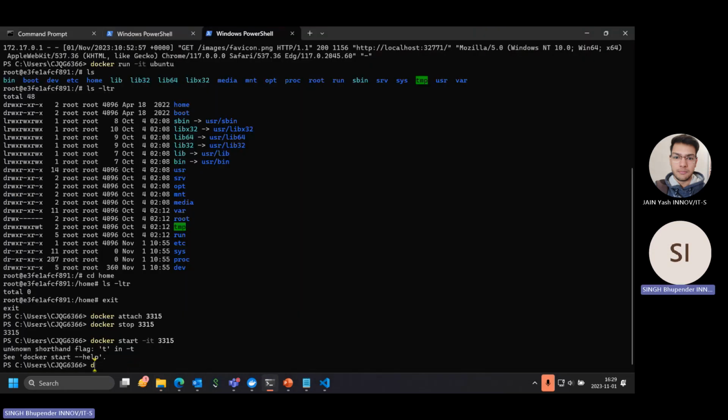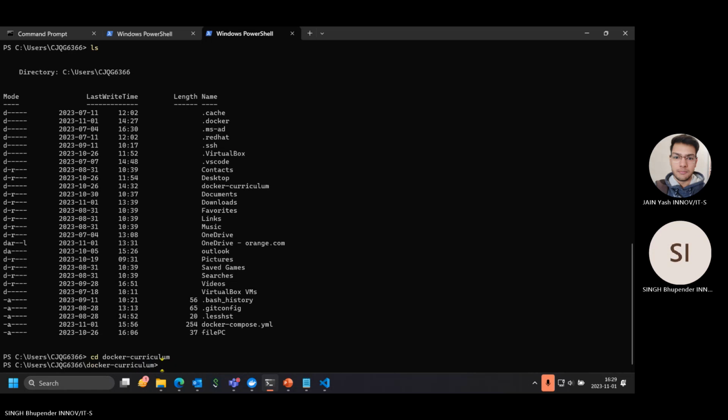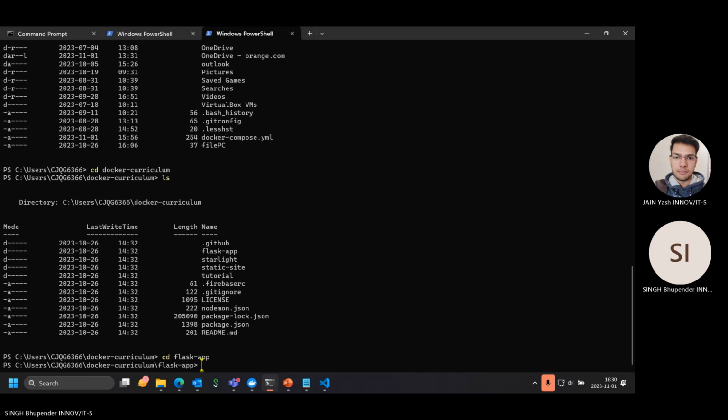First, we'll go cd docker. Now we can use the docker build command.